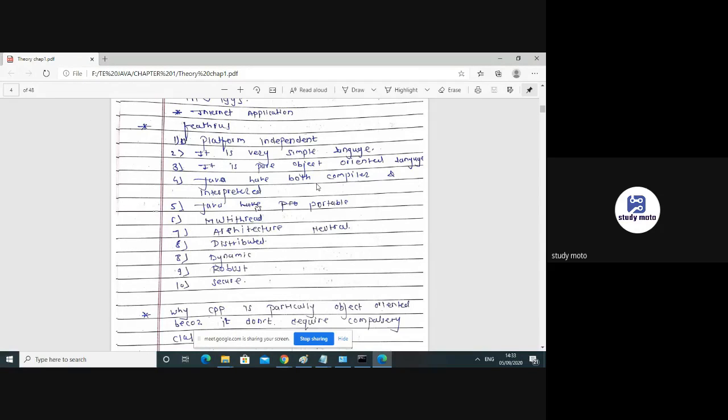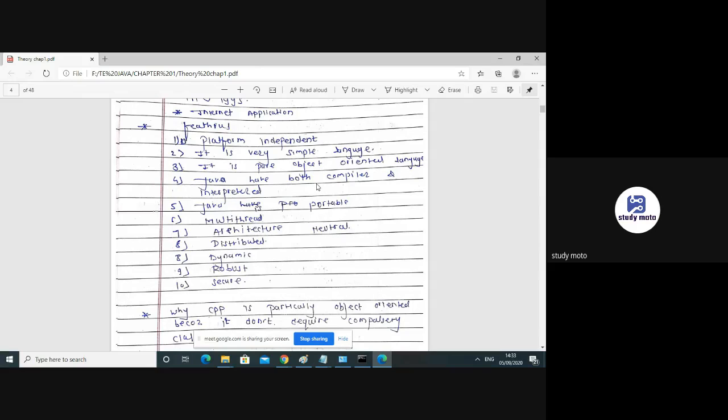Everyone knows Java is a multi-threaded language, and distributed means, as I told you, we can keep the class file on different machines and run it. It is dynamic, as there are different methods, and it is robust and secure. Why is it secure?